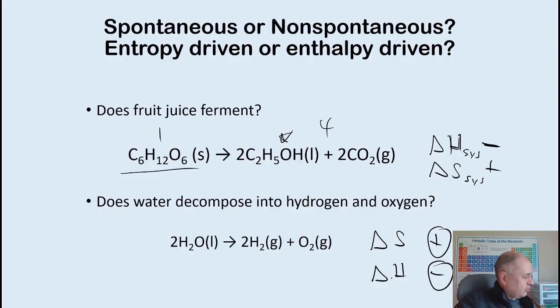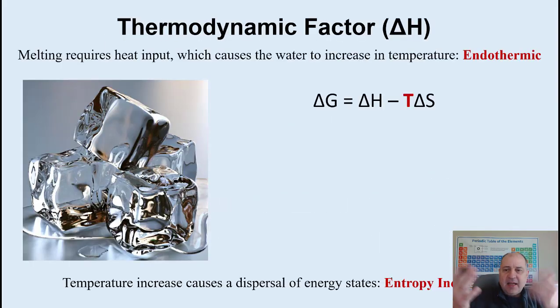So let's take a closer look at these tit for tat, or competition, reactions where one is positive and the other is negative, and vice versa. If we think about water and the two different processes, freezing versus melting, that's essentially the same process except in reverse. So if we think about melting, that requires heat input. So that's an endothermic process. So that means this is positive